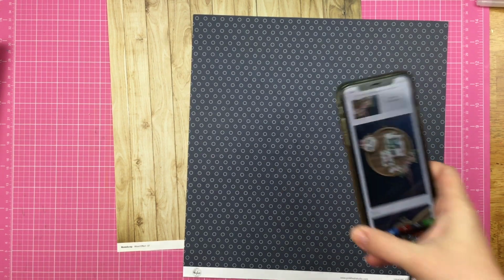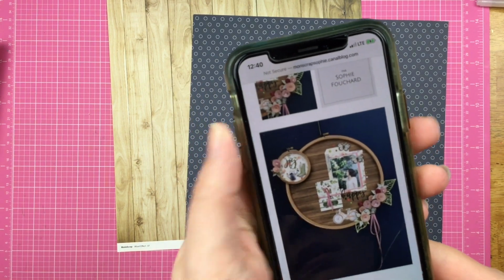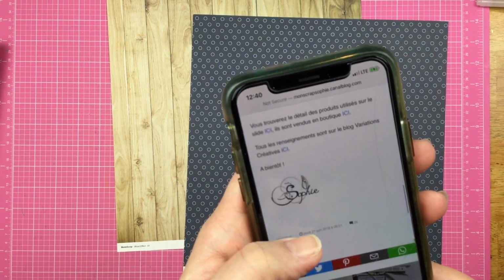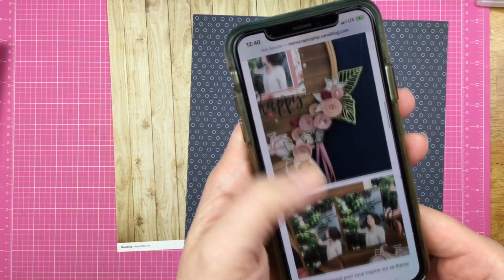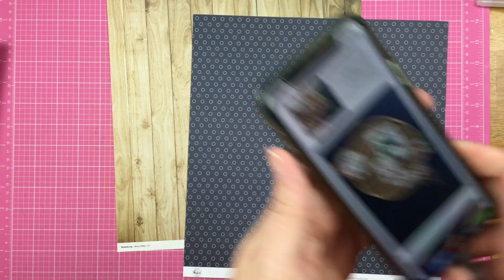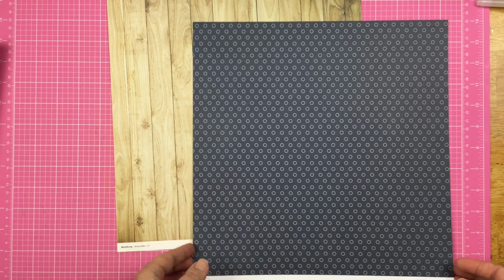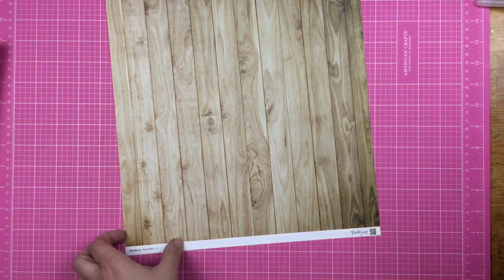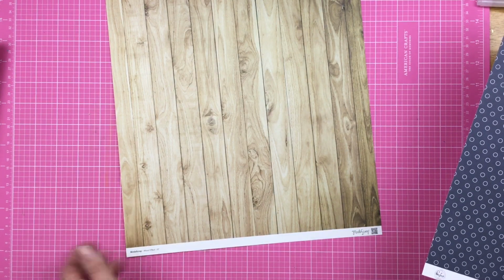Today we are inspired by this embroidery hoop art made by Sophie. It is absolutely gorgeous. I'll have the link down below so you can see it and click through. Now, I knew immediately I wasn't going to be making a hoop. I wasn't going to go buy one, but I did right away look at the inspiration piece and know that